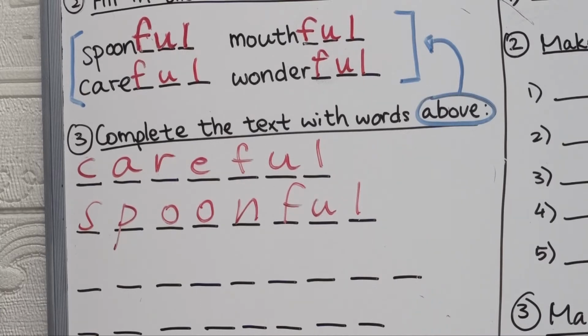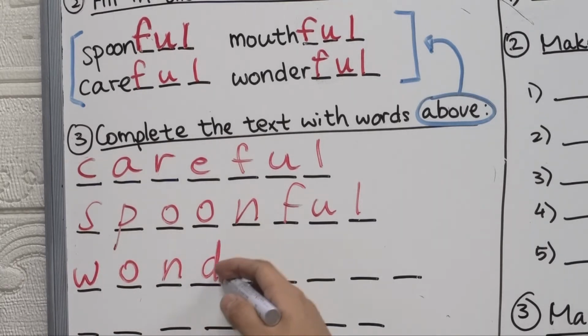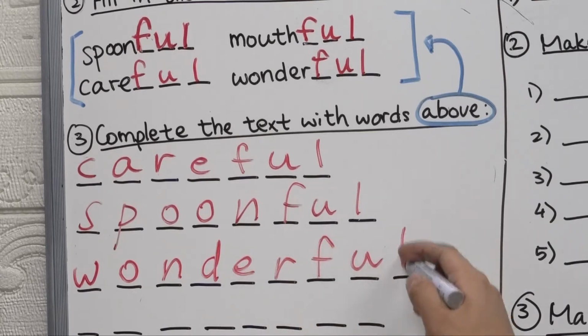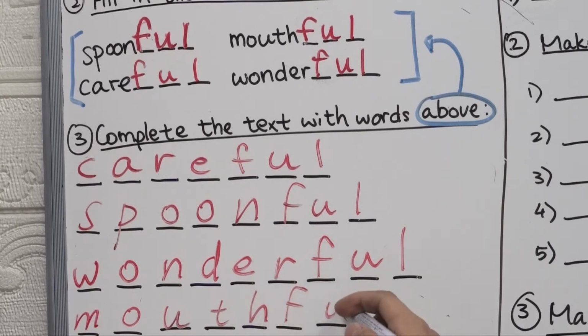Right, wonderful. Very easy, right? With Walter Walrus sound. Wonderful. W-O-N-D-E-R-F-U-L. Wonderful. It's wonderful. That means it tastes very amazing, very great, very good. And lastly, of course, it should be mouthful. After he ate a mouthful, that means his mouth was full of the cake, and he thought to himself,